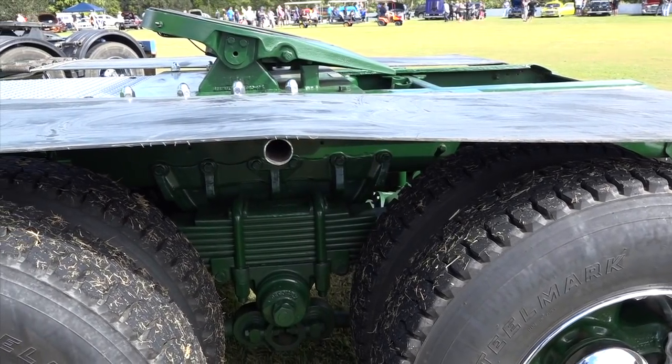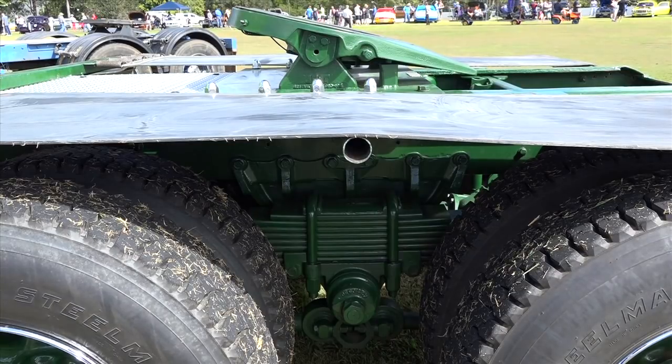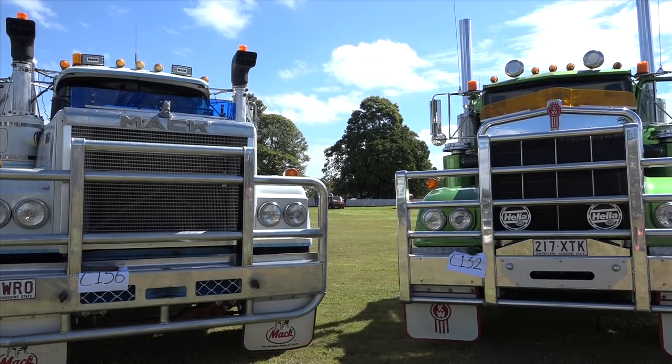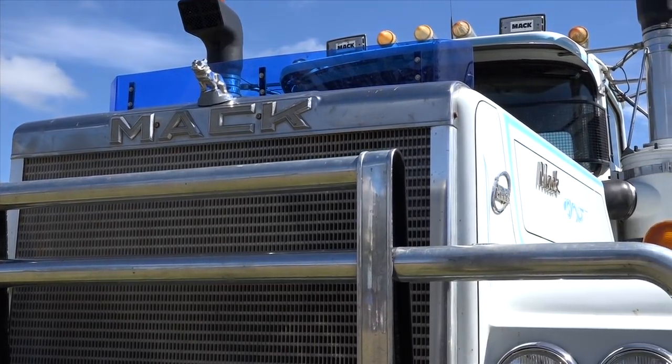That was a common thing on the 6-rod, and then the old Superliner, she runs on the Camelback on the original Mack diffs. The Kenworth is my favourite, but the old Superliner was always a classic, and I find they're a collector's item. Owen, tell us about the Superliner. Well,